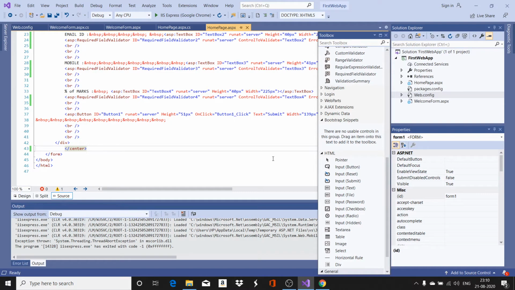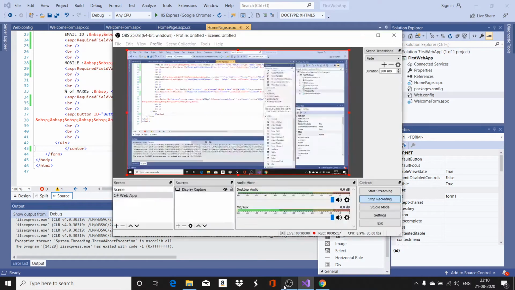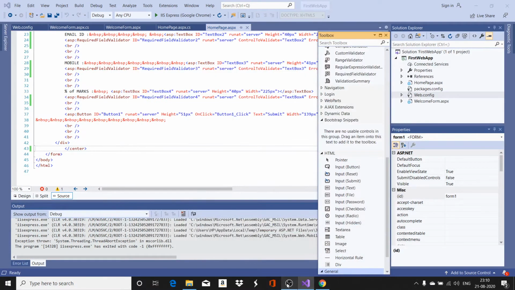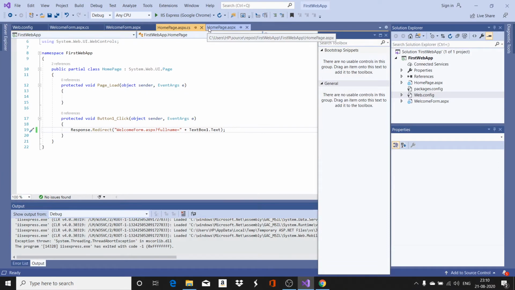Now let us see how we can add another validation also. What is our purpose here?